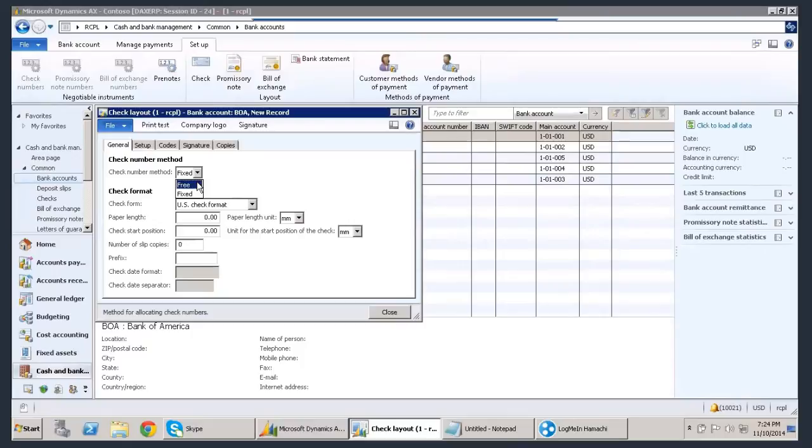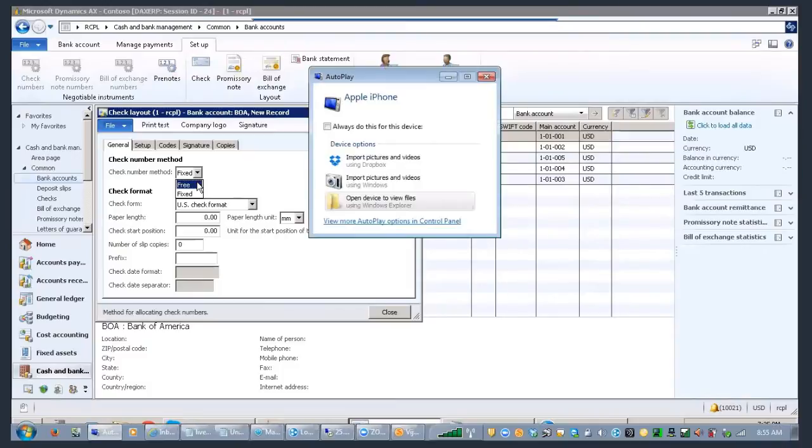Especially if you come across US implementations, in the US you have the free option, and I have not seen any other country. We have implemented in Australia, Dubai, Europe and the USA.